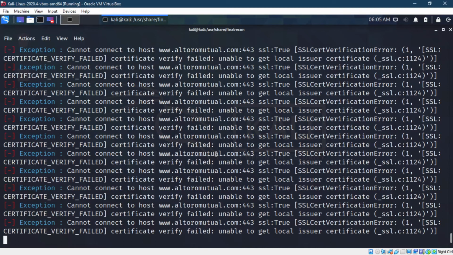And also, in order to verify the certificates, you need to have the proper time, but since I just installed this VM, the time is wrong, so that is one more reason why we are getting all of those errors.